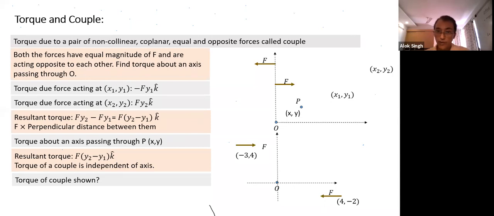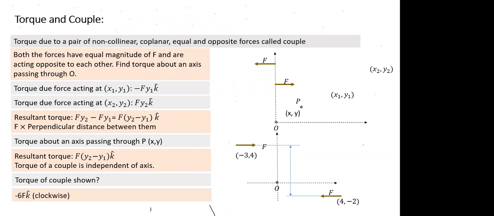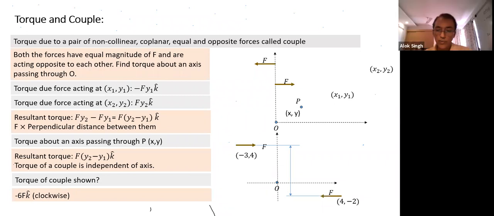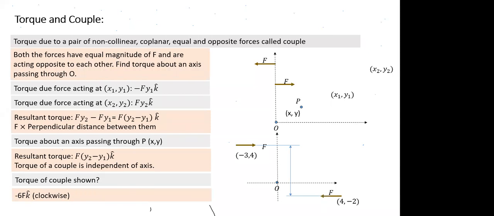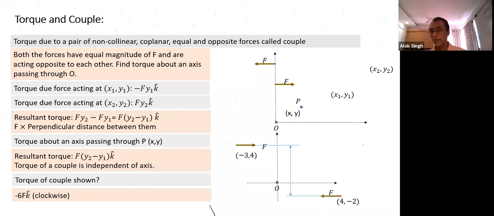Otherwise, what I could have done is use the translation property. If in doubt, I can shift the forces along this line. That's the distance we need to find. Is that difficult? How much time should I take, 30 seconds? So which part is complicated? You have to convince your mind first that it is not complicated.